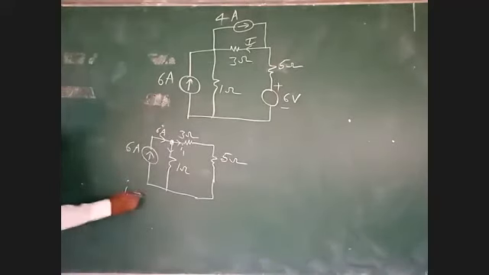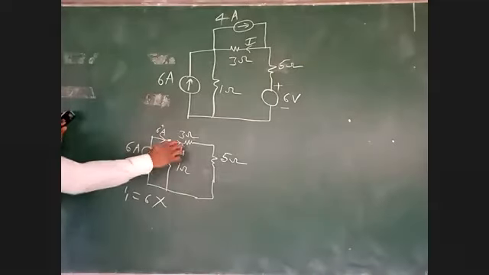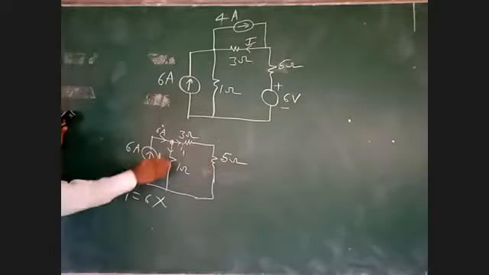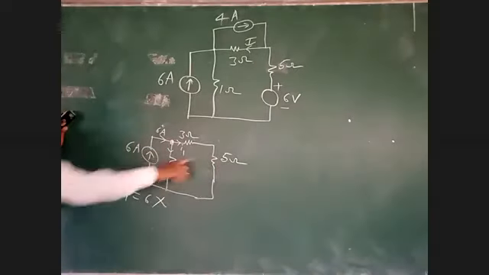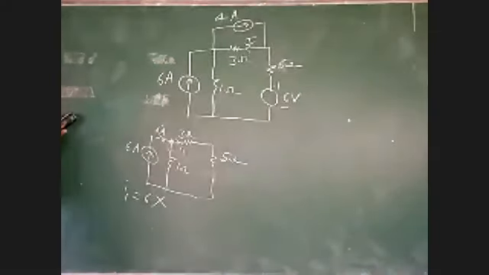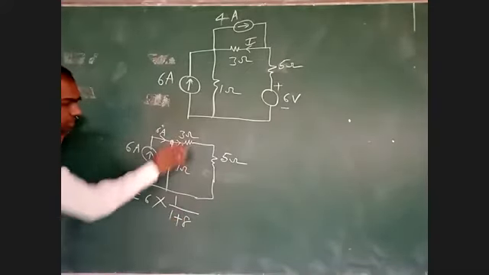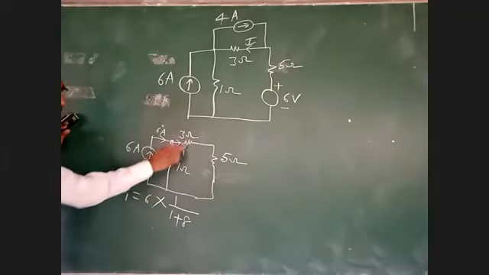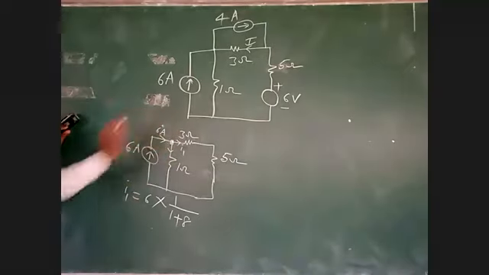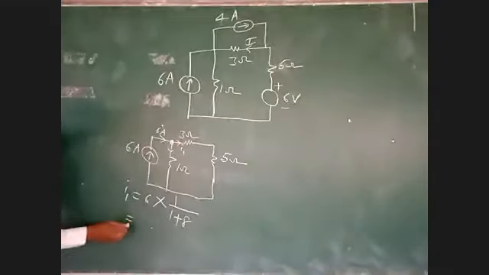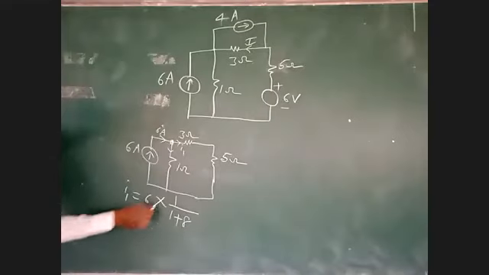I1 is equal to total current into the opposite branch over the total. I1 is flowing in 3 and 5, both in series. What is the parallel branch? The opposite branch is 1 ohm. So 1 divided by 1 plus 8. This is one branch only. I1 is flowing in 3, and the same current is flowing in 5 because the series current is the same. I want the current in 3 ohms; the current in 3 ohms is equal to the current in 5 ohms. That is how much? 6 by 9.